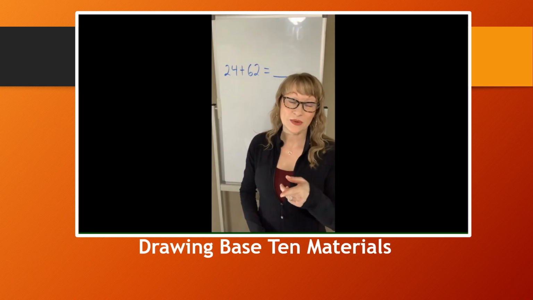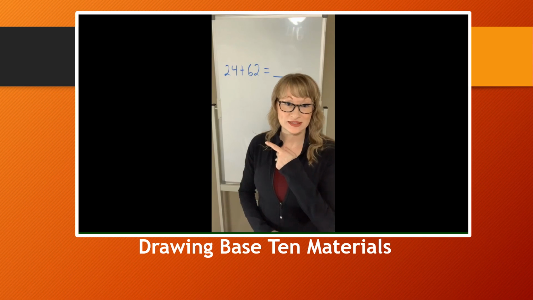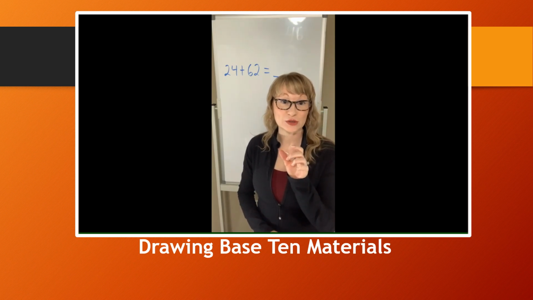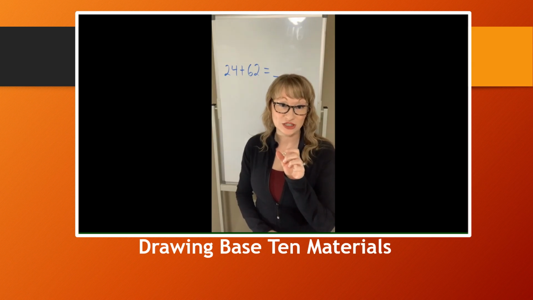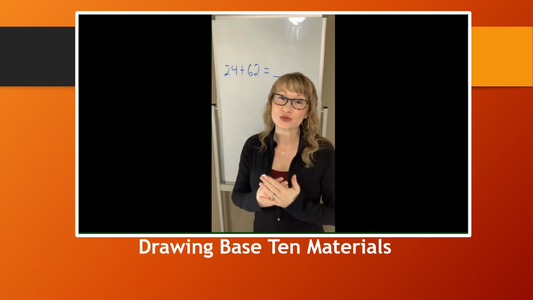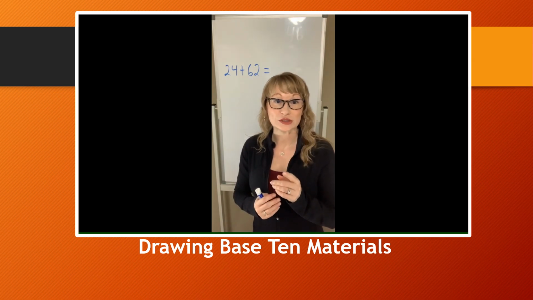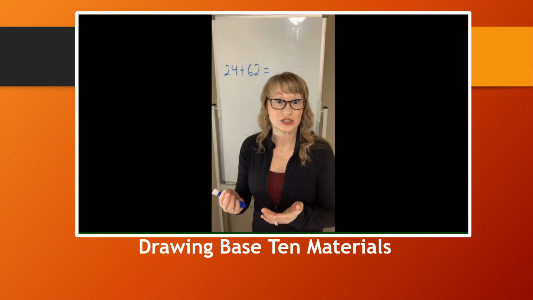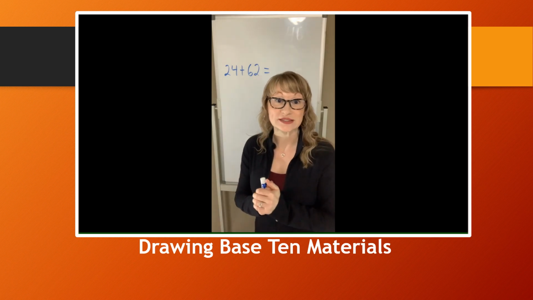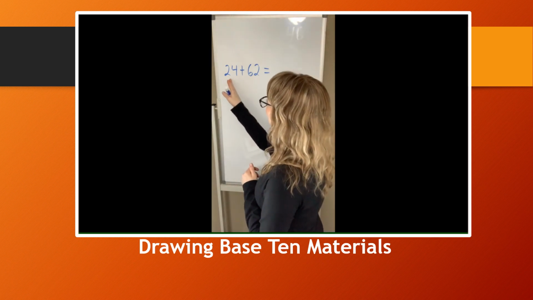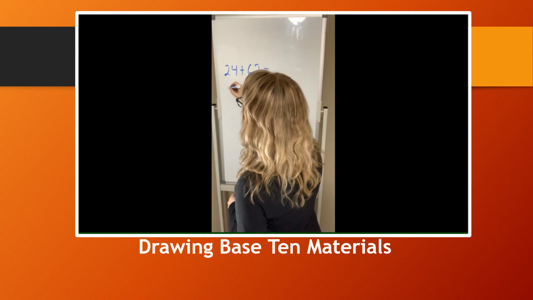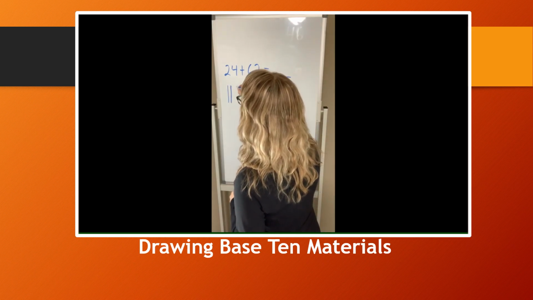Now, most of the time, students are going to see problems like this. So it's their job eventually to line up their place values when they're doing a numerical representation. Here, we're going to be drawing out the base 10 material. So at this point, it's very, very critical for them to be able to understand which digit is the tens and which digit is the ones. So looking at 24, 24 has 2 tens and 4 ones,